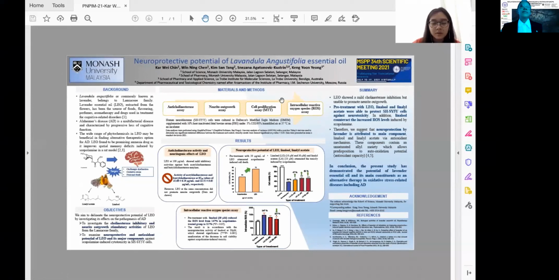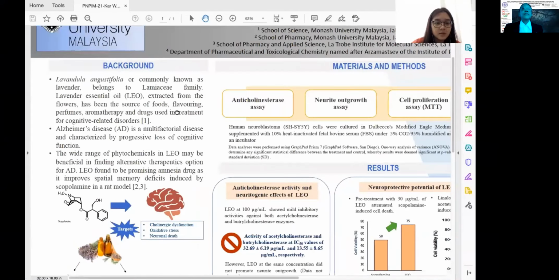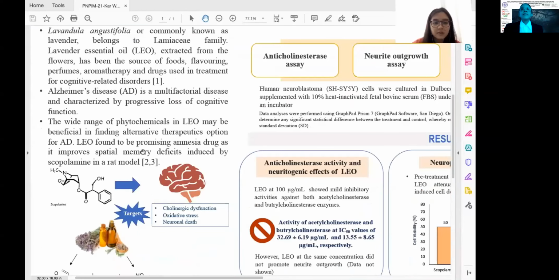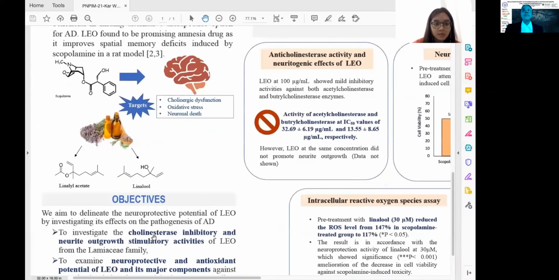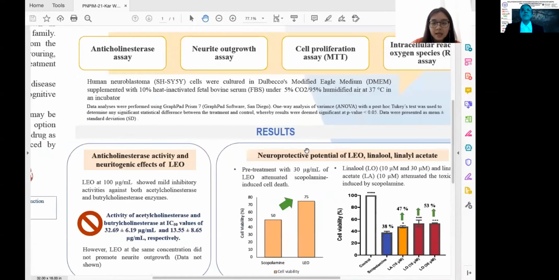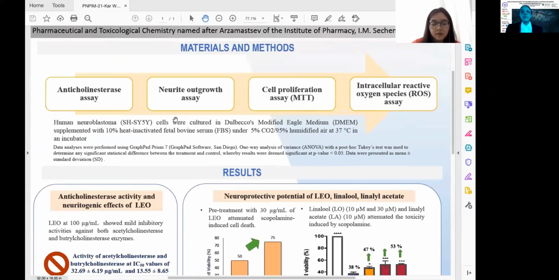Okay, so hi everyone, my name is Wei, and today I'll be presenting on the neuroprotective potential of lavender essential oil. Lavender essential oil has been used in the traditional treatments for cognitive-related disorders, and the prevalence of Alzheimer's disease is expected to increase as the population ages, and yet the current treatments remain symptomatic. So in this study, we aim to unravel the neuroprotective potential of lavender essential oil in an AD-like model, which we will induce by using scopolamine. The cell line involved in this study is the human neuroblastoma cell line, SH-SY5Y, and 4 different assays were